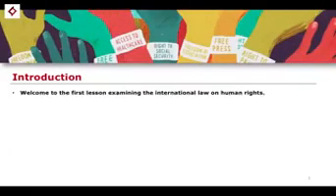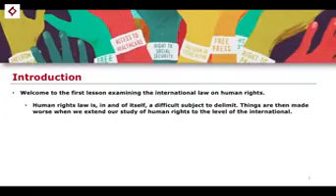So, the problem with human rights law more generally is that the idea of human rights law in and of itself is a difficult subject to delimit. It's difficult to appropriately see where we're going to be beginning and where we're going to be ending, because there are lots of different things and lots of different concepts that really intertwine and interweave with the broader study of human rights law. Now, things are made even more difficult when we take this idea of the problems that exist in the study of human rights law, and then we try and extend that to the international level and talk about international human rights law.